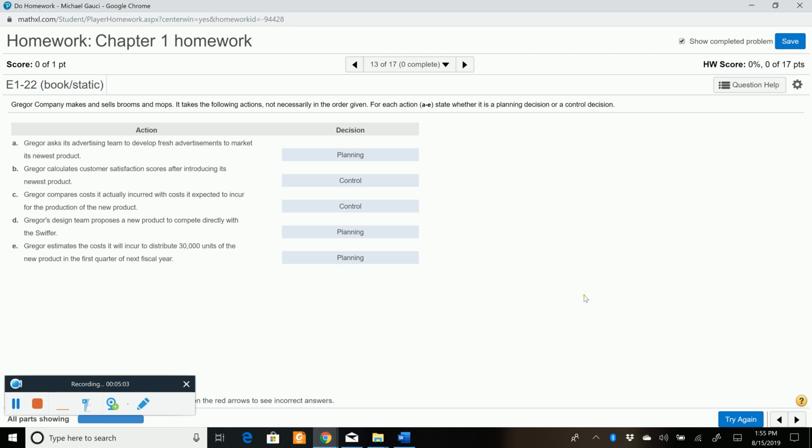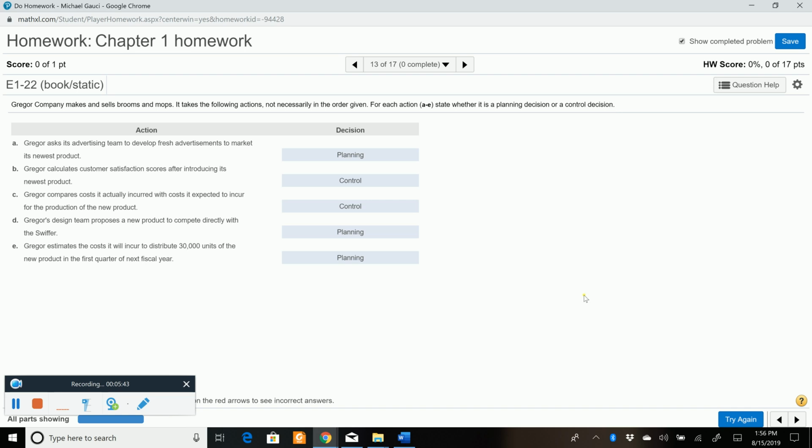Okay, we also discussed in this chapter planning and control. When managerial accountants make decisions, it's either a planning decision or a control decision. A planning decision obviously is something we're making before the product is actually produced, before the event takes place. A control decision, on the other hand, is really more of an evaluation after production. So let's take a look at these 5 actions and decide whether each belongs better in a planning or a